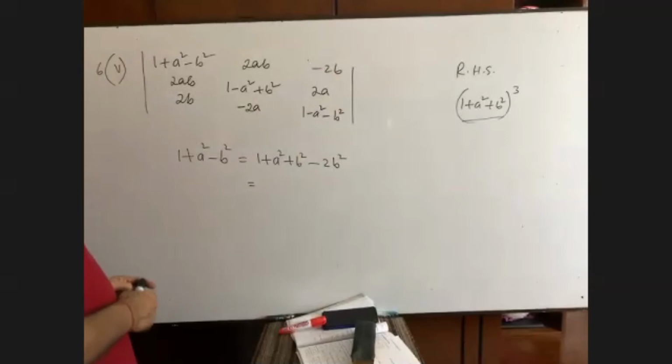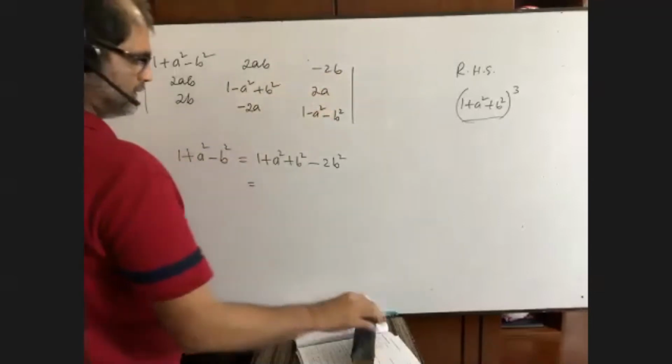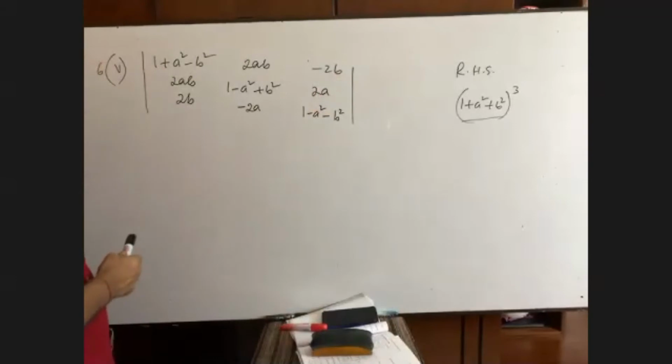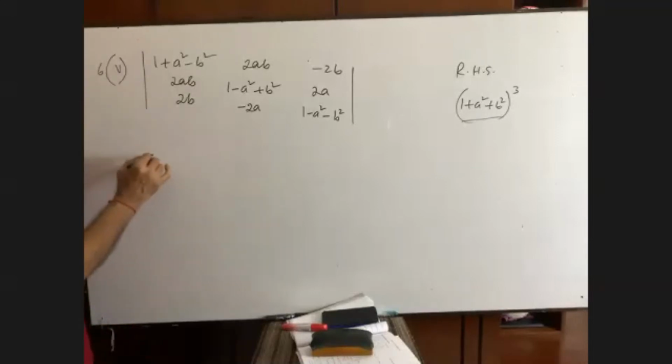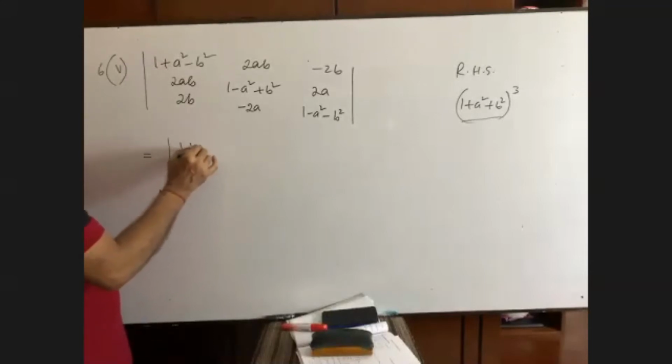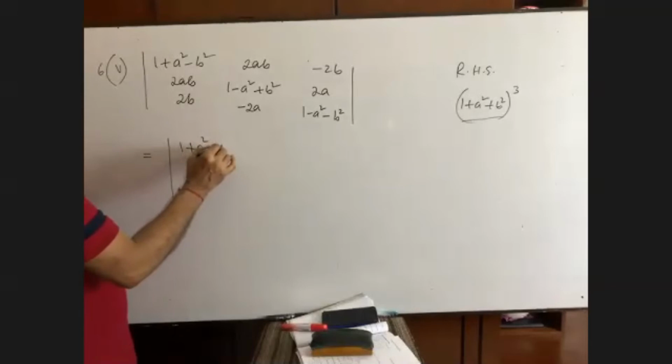Talk to me. Okay, so what we are going to do? We are going to multiply the third column by b. Please pay attention. What I am going to write down? Only one line, maybe two lines or one line, but that one line will make you suffer. Please try to understand. I am going to write down here 1 plus a square plus b square.